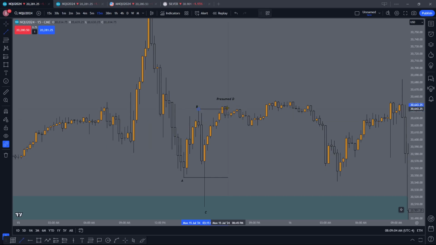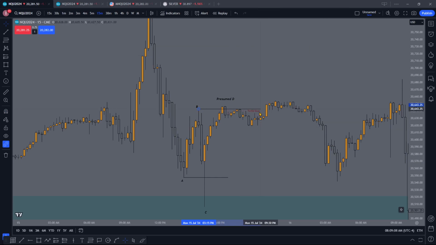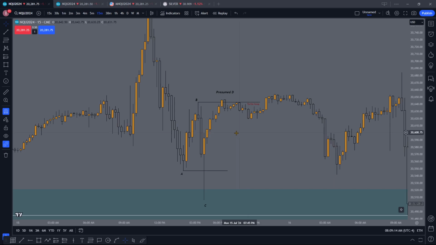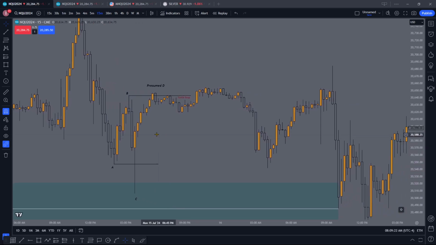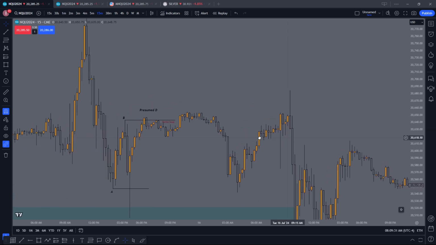Presume D, which takes B's high, is another turtle soup. What makes this so prominent is that it's a breaker, and it delivered from a turtle soup, initiating another turtle soup, now bouncing on overflow. Hence, this means you can expect some accumulation. We accumulated until we got the 9:30 open, which gave us a juicy swing higher,